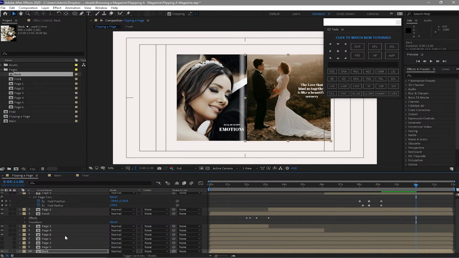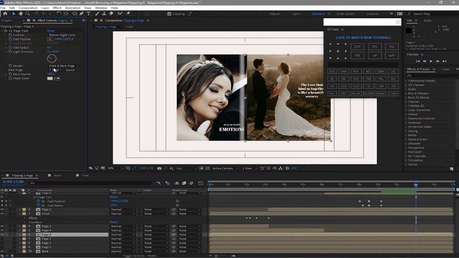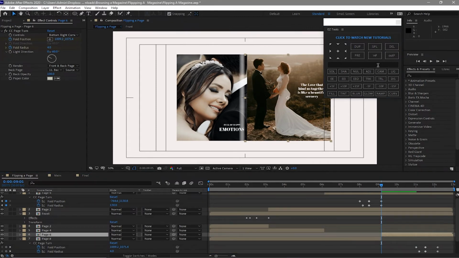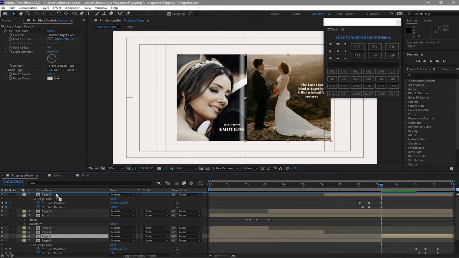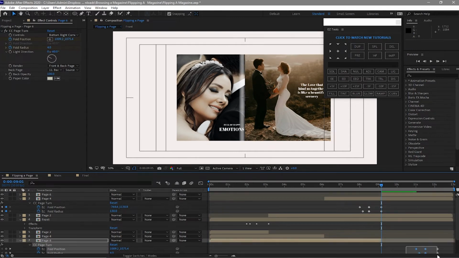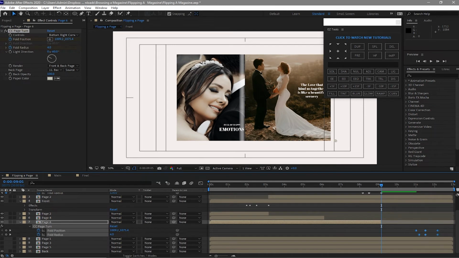And then go back to page 6 and go to effects and control and change the page 1 to back, and open this by clicking U to reveal the keyframes. Move your playhead to this much and split the layer on the page 6 and move it up above the page 4, and then delete the keyframes here that you don't use anymore.